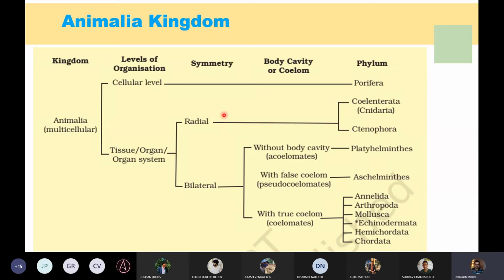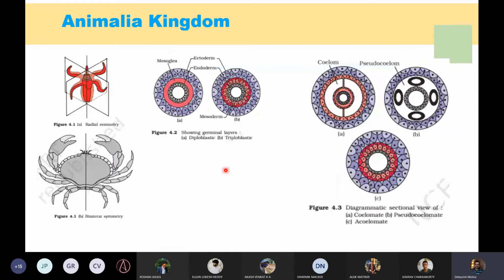We have tissue-like functions in all phyla below Porifera. They can make tissues like systems, and often they make organ systems also. They can be radially symmetrical: sea anemones and jellyfishes are radially symmetrical. Others are bilaterally symmetrical. All worms are bilaterally symmetrical, up to human beings, chordates. Now, whether they have a proper true body cavity or not. The true body cavity is between the mesoderm and mesoderm only. It's not between endoderm and mesoderm.